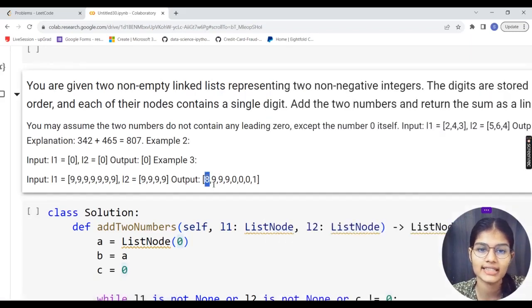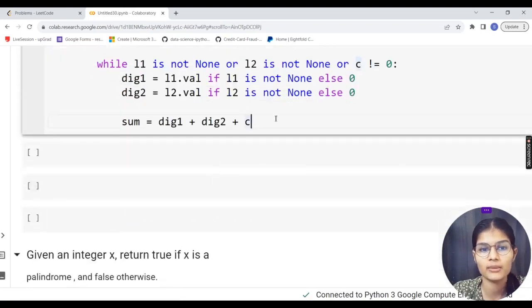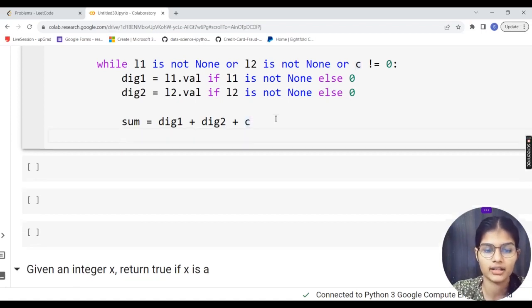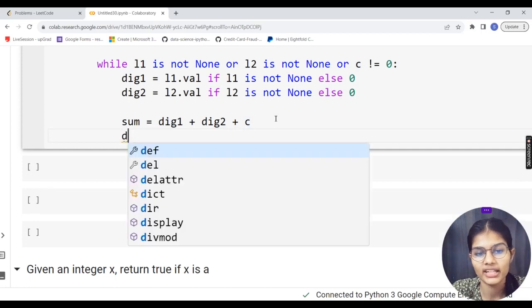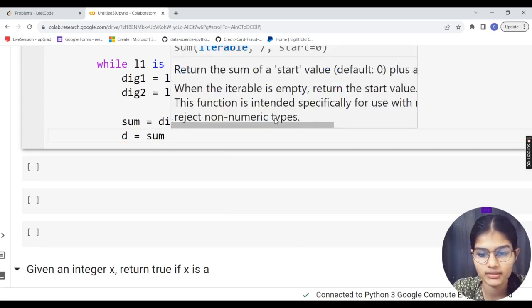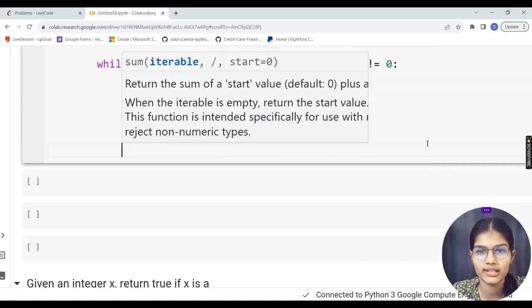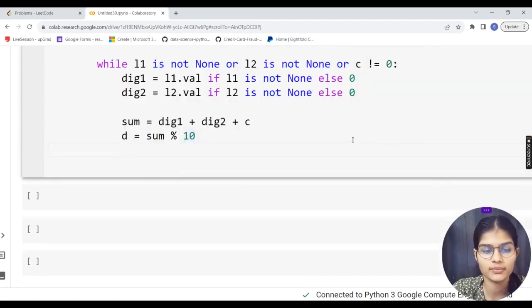Again if 9 plus 9 is added, that is 18, and if 1 is added again, that is 19, but again we are just getting 9 and 1 is getting carried. So C is referring to my carry. So sum is the addition of digit 1, digit 2 and the carry, because that will be my result. Then I would make a variable D and say sum percent, and I'm simply trying to get the remainder of this, as simple as that.